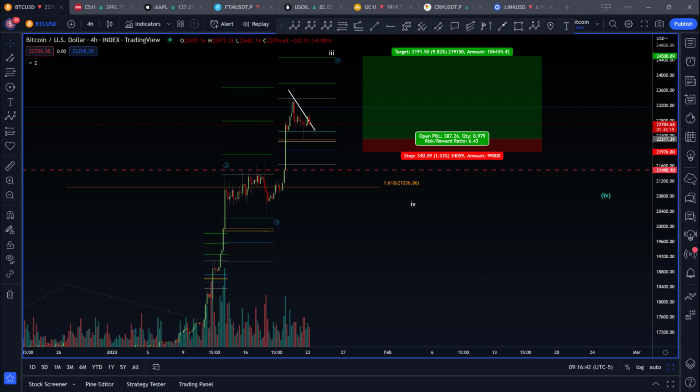I'll want to see some very specific conditions for entry before taking this long, but it could potentially look something like this. Now, just because we show that we have this 3 potentially ending here does not mean that we're going to go ahead and short for this level. Again, this could continue on and extend before it does return to retrace externally.